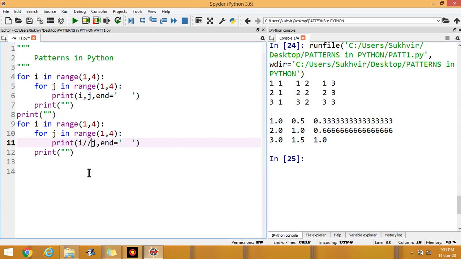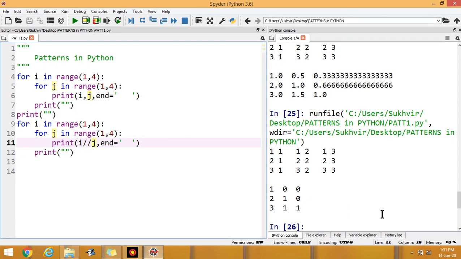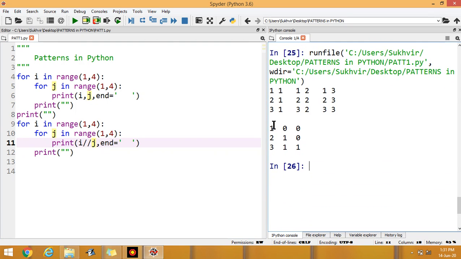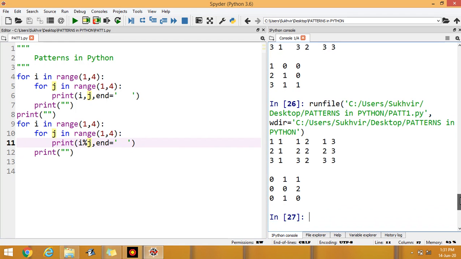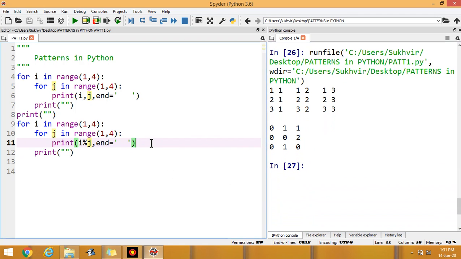If I write here 2 times slash, basically it's integer division. You can find out the value of the quotient only. And if I write here the sign of percentage, it means you can find the remainder when one value is divided by another value.